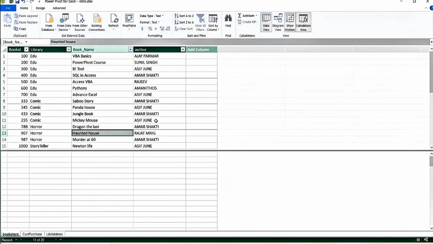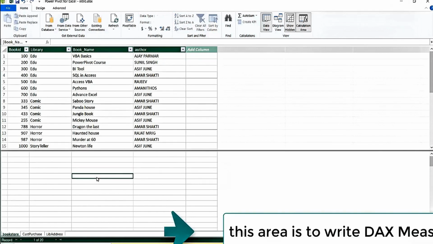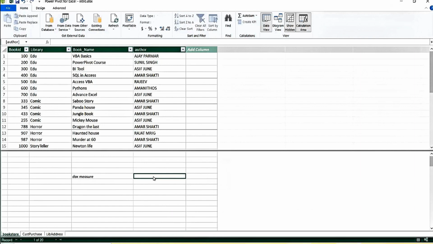Of course, we can all check, and this place is basically used for the DAX. The DAX measures. Okay, this I will start in the next lecture. So here we write basically the formulas. We all know how to write the formulas in Excel, but we never learned actually how to write the formulas in the Pivot because there was no DAX. Now the DAX is coming. DAX is your data analysis